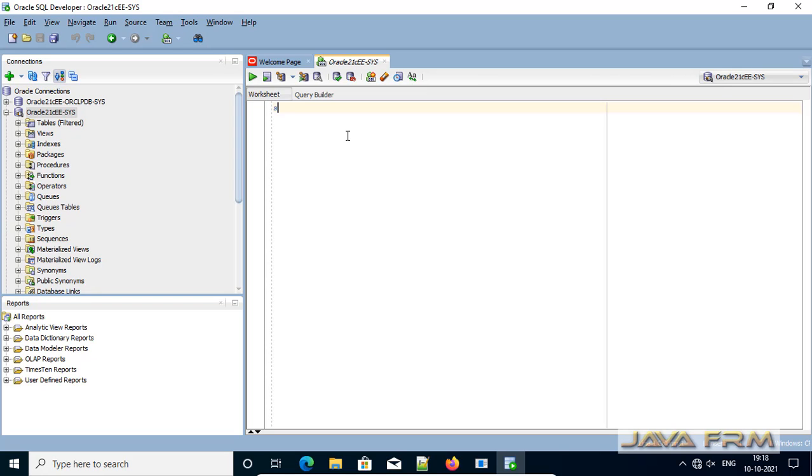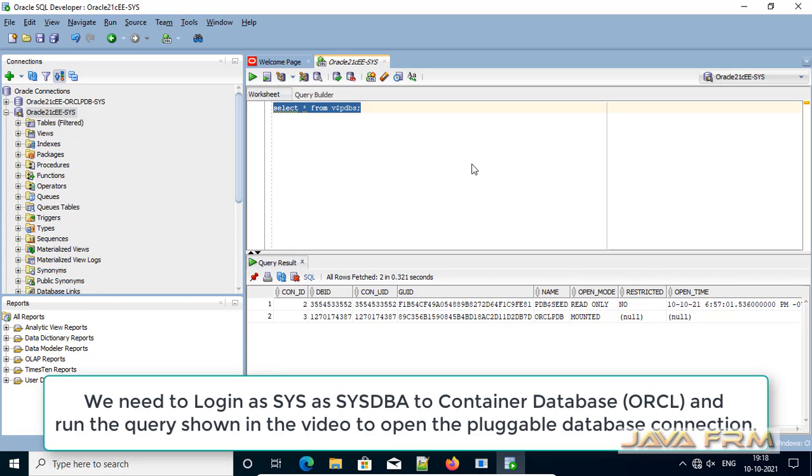Now I am going to run this query, select star from v$pdb, which will show all the information about the installed pluggable database.